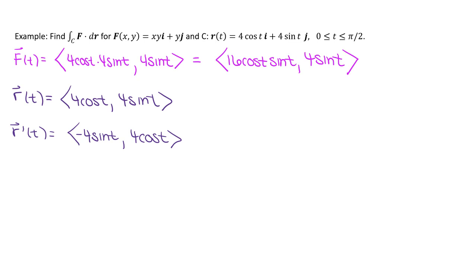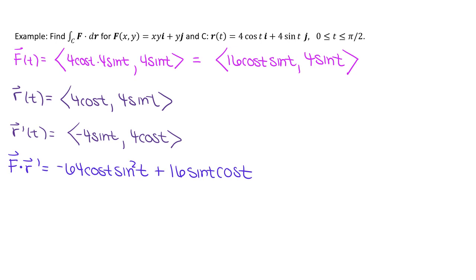And then the r, the path that we're on, is 4 cosine t, 4 sine t. So I'm going to go ahead and compute my r prime. The derivative of that would be negative 4 sine t, 4 cosine t. And then I'm going to take F